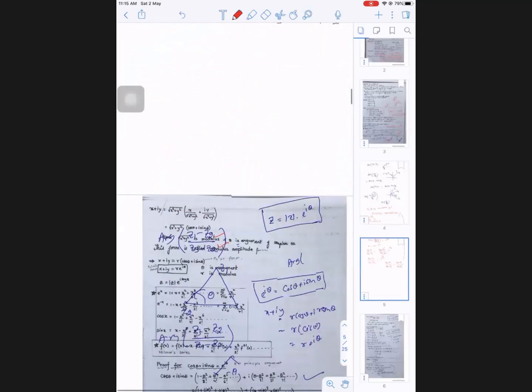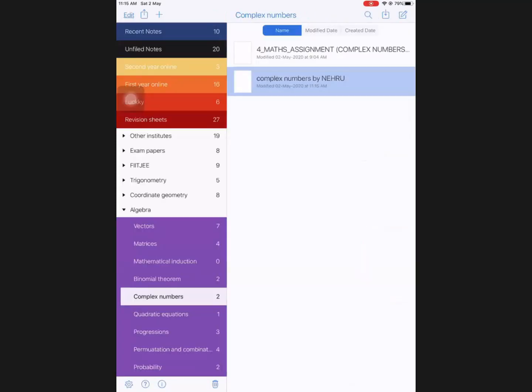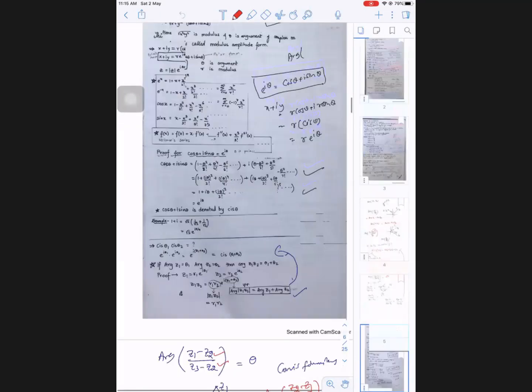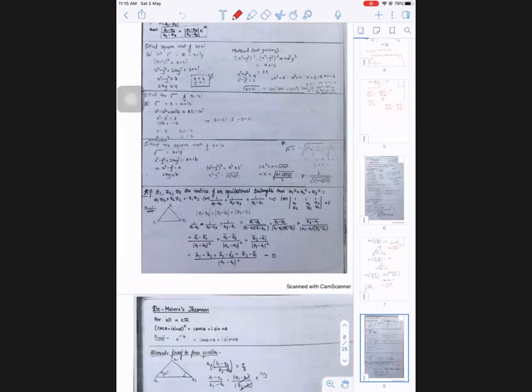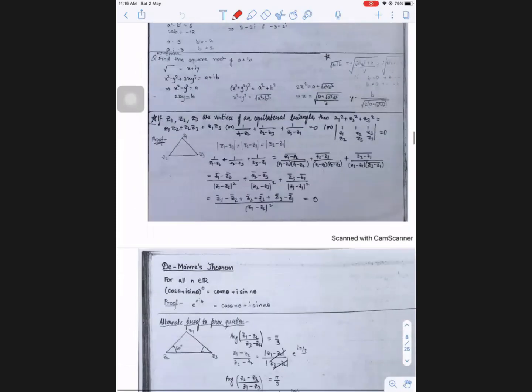This is our rotation formula. So with this rotation formula, you can solve this. Here we prove one more thing. If they form an equilateral triangle, these are all the same: Z1 square plus Z2 square plus Z3 square equal to this, or exactly the same as 1 by (Z1 minus Z2) plus 1 by (Z2 minus Z3) plus 1 by (Z3 minus Z1) equal to 0, or the determinant with rows 1, 1, 1; Z1, Z2, Z3; Z2, Z3, 1 equal to 0.